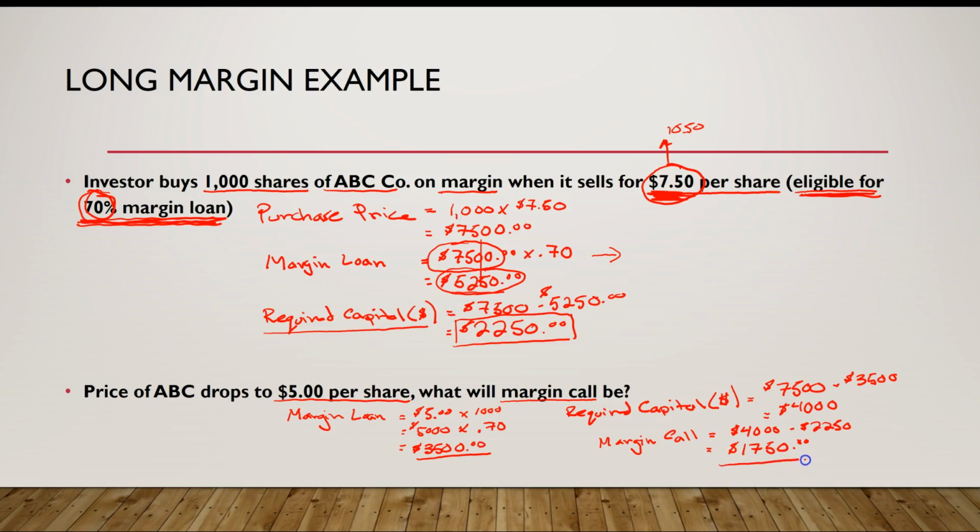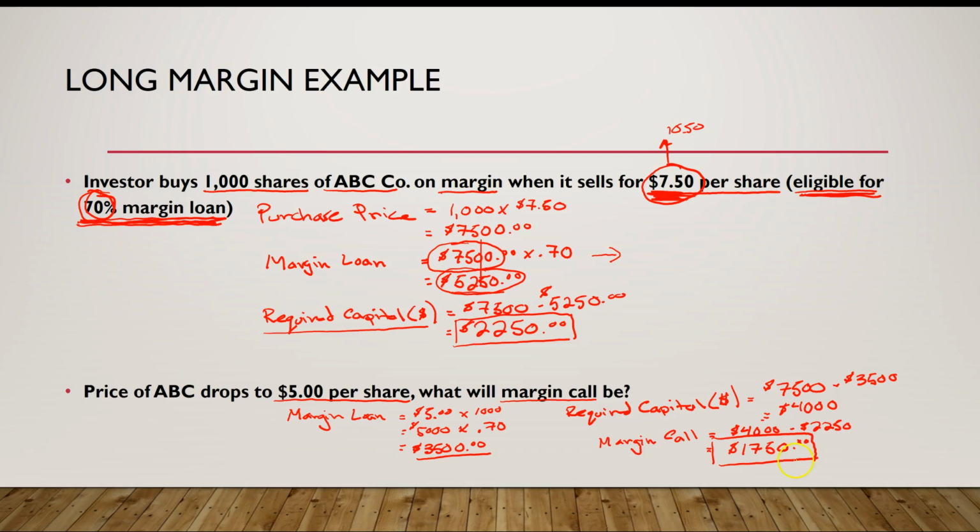1,750.00. This is now going to be my new required capital that I must meet, and that's my margin call. So this is the total amount that I must put in, this $4,000. I've already put in $2,250, which means I'm going to get a margin call for